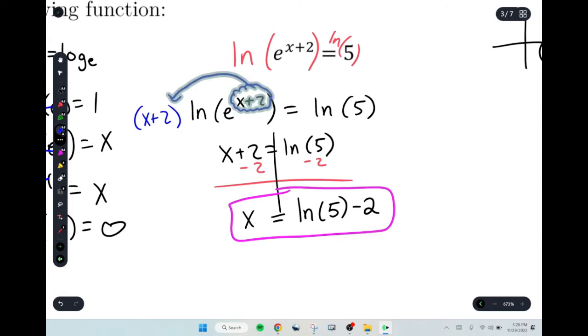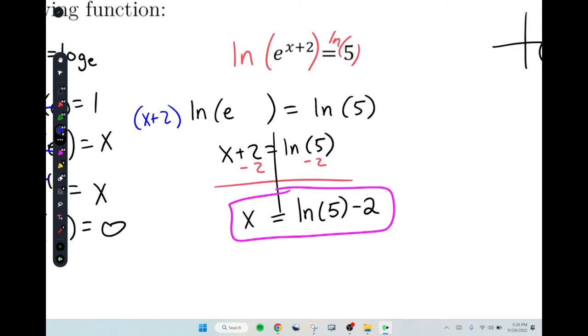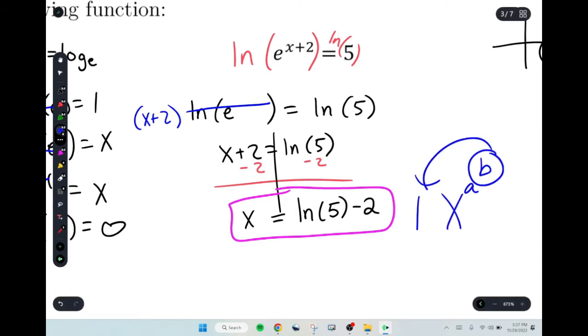And now what happens there, ln of e is, what's ln of e? It's 1, right? And now you've got the same thing we have right there. But you can't do it before you throw that ln or the log in the mix. The log or the ln is the rule, not just for every exponent. It'd be sweet if it was every exponent. That'd make life a lot easier back in the day when we used to do x to the a to the b, because then we'd just be yanking that b to the front and be like b to the xa. So it only works for log